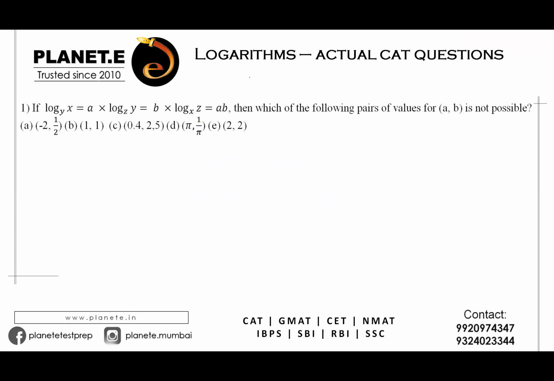I would want you to try this question before you look at the solution. So you can maybe pause your screen for a moment and then continue with the solution. All right, let's see what we are supposed to do in this question. It is very important for us to start with something at least, so that we know what exactly the question is trying to ask.